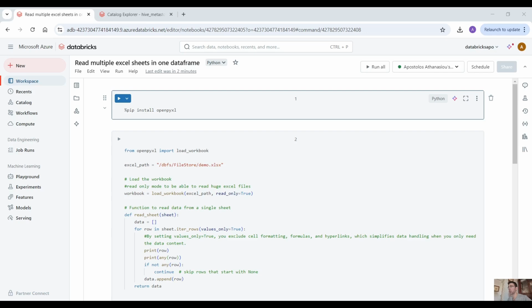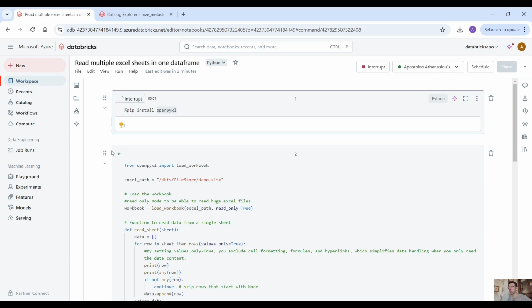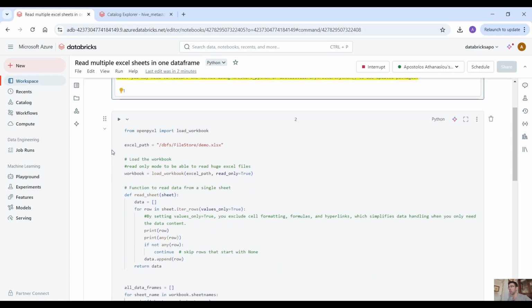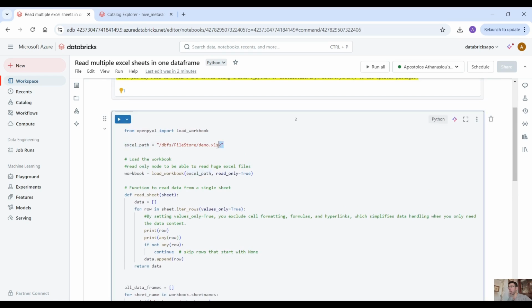Okay, now in our Databricks environment, the first thing we have to do is to install the openpyxl library. So pip install the openpyxl library and let's get down to business. Now first we specify the Excel path. I have already uploaded the Excel file that we just checked in our file store, right? So we specify the Excel path, dbfs file store